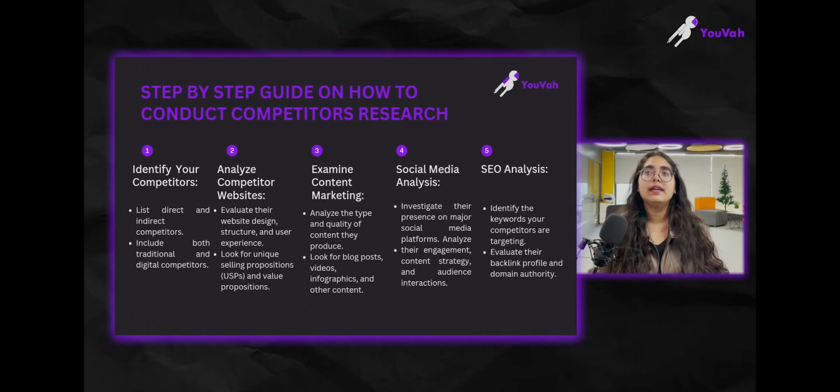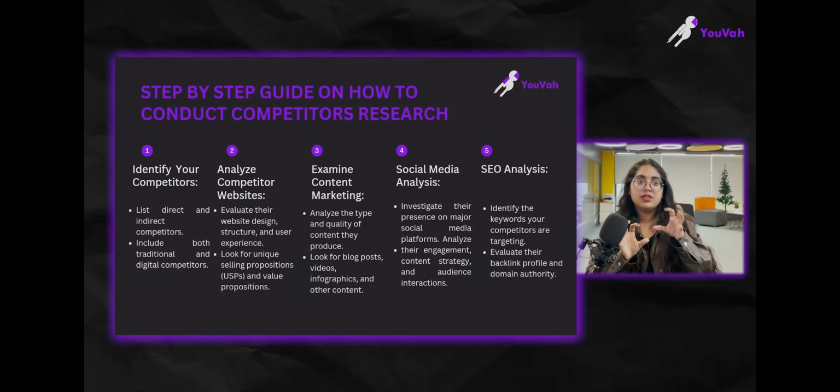The difference is that direct competitors have the same audience that you're targeting and they're offering the same thing. Indirect competitors are targeting the same audience as you, but they're offering a very different thing from you. So that is the difference between a direct and an indirect competitor. It's very important for your business to figure out who presently in the market is your direct competitor and who is your indirect competitor. At least figure out 10 of each.